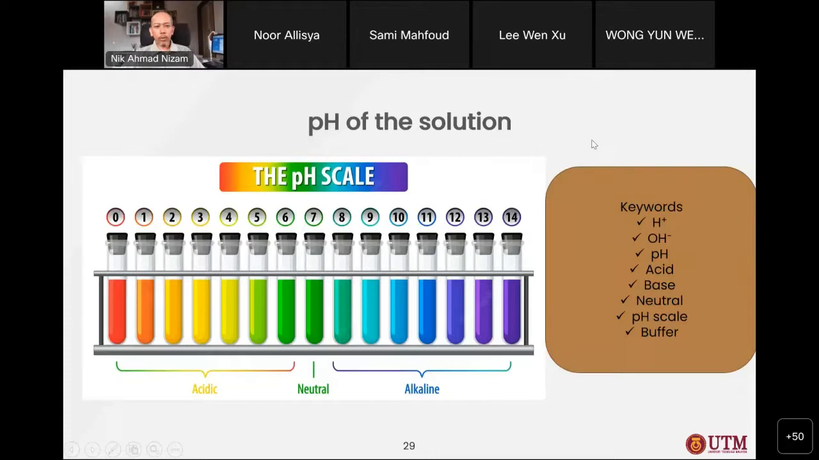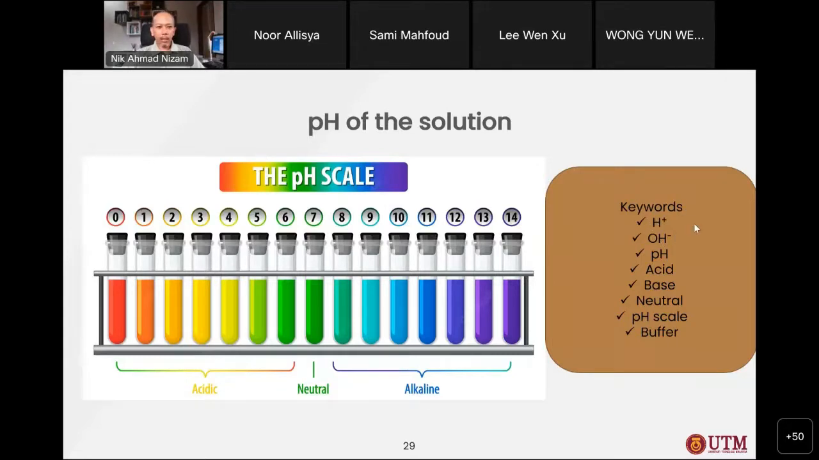Okay, now we move on to the next topic, which is still under chapter 1. We're talking about the pH of the solution. This is the pH scale, 0 to 14. Acidity starts from 0 to 6, 7 is neutral, and alkaline is 8 to 14. Okay, so these are the keywords that you're going to